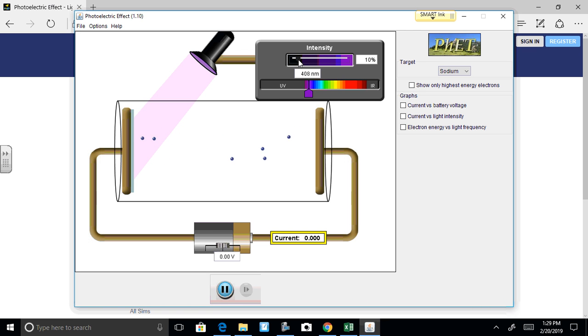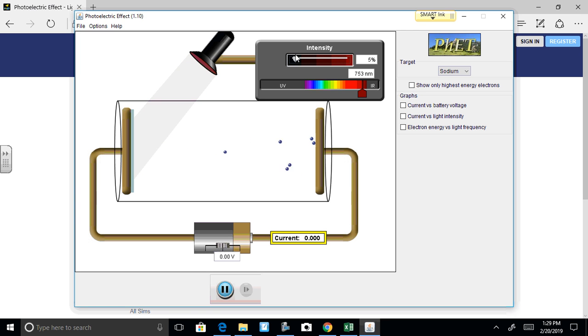Now if I increase the intensity to 100%, notice we have more electrons being released. In other words, as I make this blue light brighter, we get an increase in the amount of electrons that are being released. Okay, so those are the 4 different pictures you're going to draw, starting with the red wavelength